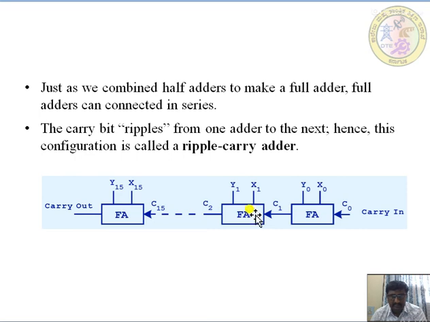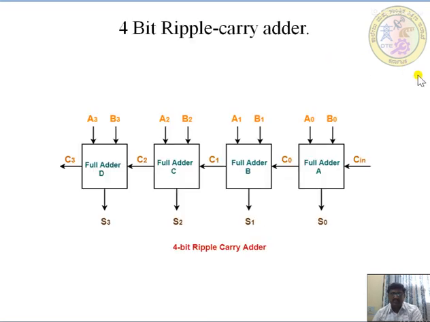Okay, next. This is a simple 4-bit ripple carry adder, which is what is there in your syllabus here. A 4-bit ripple carry adder means we will be using 4 full adders. Okay, that is A, B, C and D. As we already know, a full adder has 3 inputs, that is A, B and C are the 3 inputs. One output is the sum as well as COUT, that is the carry out of full adder A.